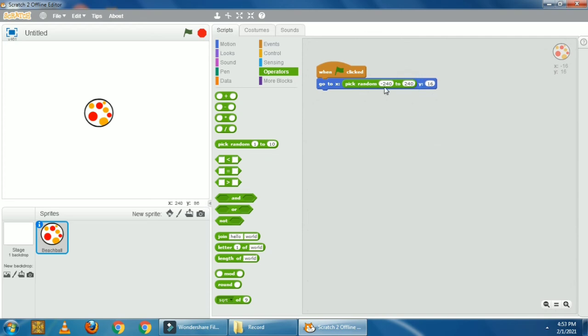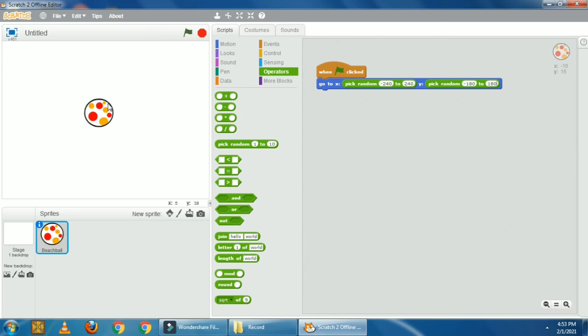Okay, x coordinate will be minus 240 to 240. Now the y coordinate. So click on pick random and place it inside the y coordinate and click on 1. Here we have to type minus 180 to 180.